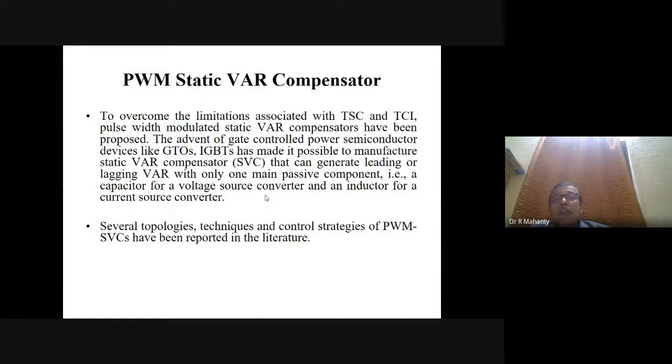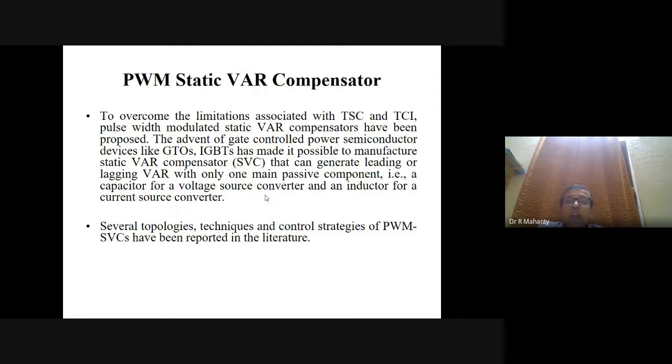The advent of gate controlled power semiconductor devices like GTOs, IGBTs, and power MOSFETs has made it possible to manufacture static VAR compensators that can generate leading or lagging VAR with only one passive component, that is a capacitor for a voltage source converter and an inductor for a current source inverter. But in most cases, we prefer the voltage source converter because in the case of the current source inverter,